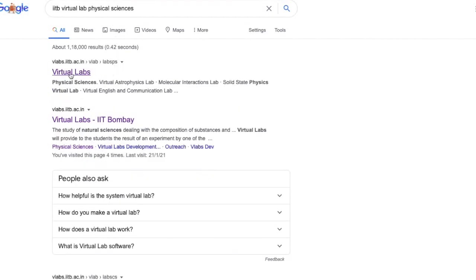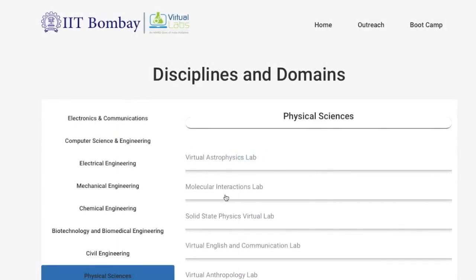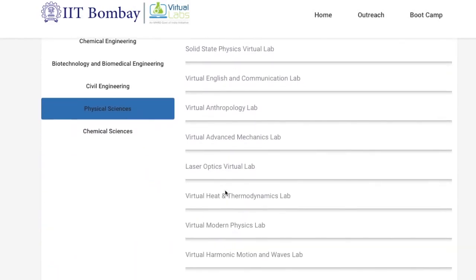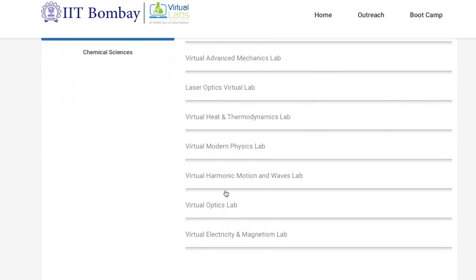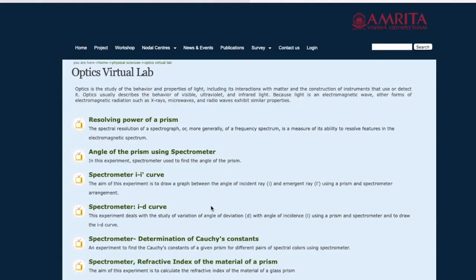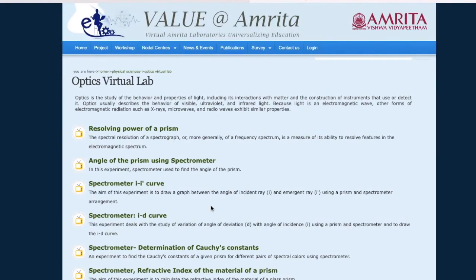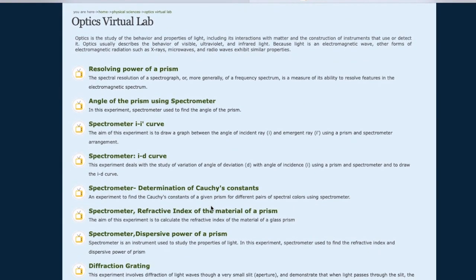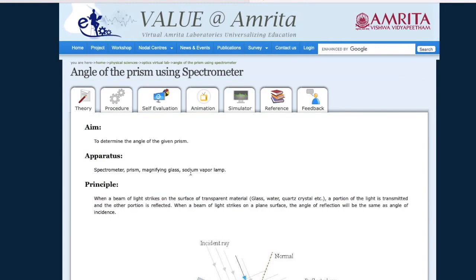So virtual labs, and we are directly in the physical sciences discipline. Here we are going to scroll down and go to virtual optics lab. We reach the home page of Amrita University, and many experiments are listed, but today we are going to see angle of prism using spectrometer.